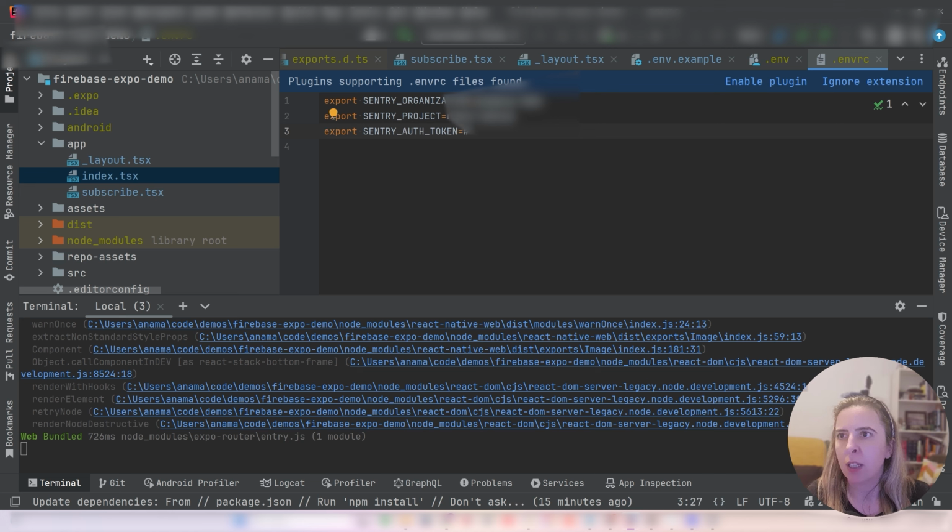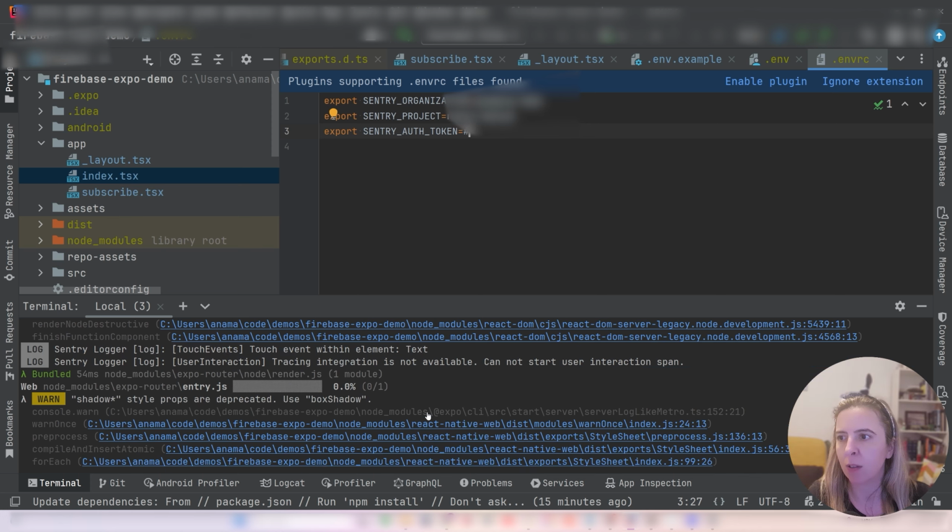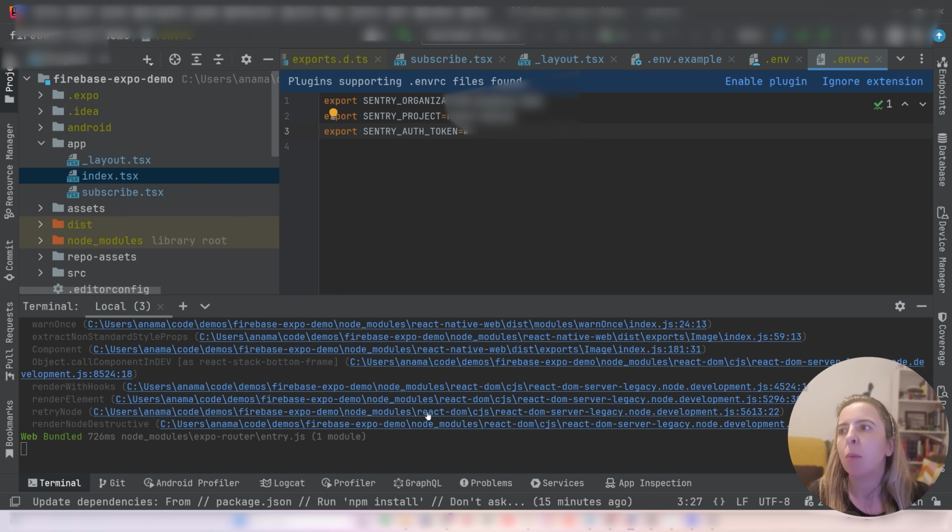And this token is very important for your build to succeed, otherwise you will get build errors if the Sentry auth token is not set. Of course, it will work when you're testing on native, it will work for the web, but once you try building for iOS or Android, it will fail until this one is set.